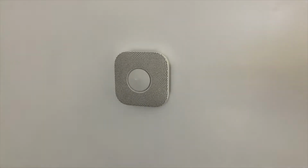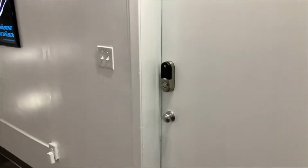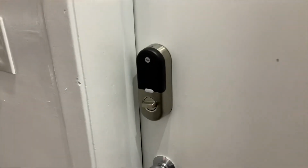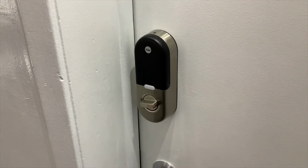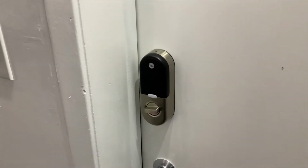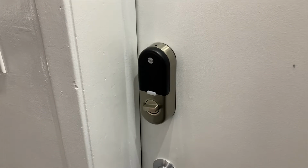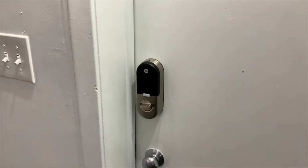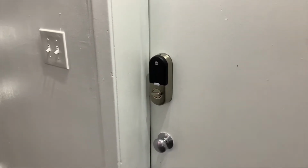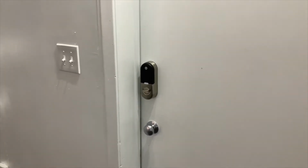We have the Nest Protect carbon monoxide and smoke detector. And then on the other side of the room here, we have the Yale Nest Lock. And the other side of that is a keypad. Again, we'll make a separate video on that, but you can remotely open your door with your phone or tablet. You can do a lot of different things with the smart locks. Again, we'll have some separate videos on the different smart locks we offer. Moving on from Google Nest,